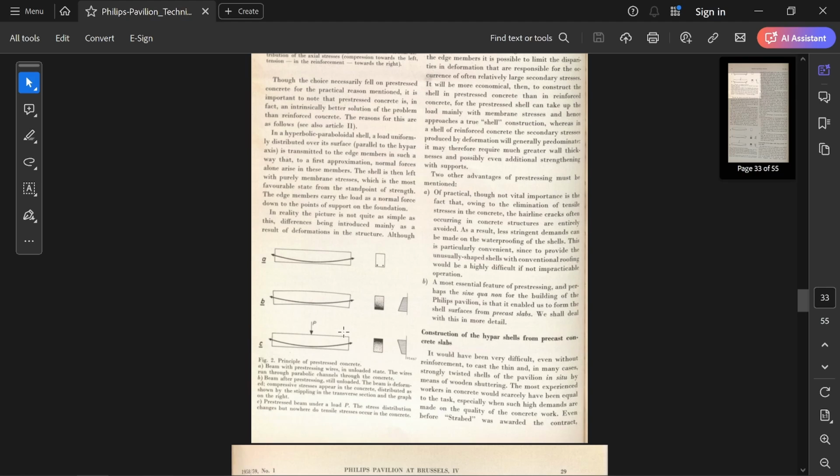So this is like a simple diagram of pre-stressed concrete. You see, this is like a concrete beam, for example. And what they're doing here is they have a tension cable that's literally in the shape of a parabola. And it's tensed, it's pulled, it's very tight. And so before there's any loading, all the tension's on the bottom, right? And then once you put a load, because this entire beam is already in tension,